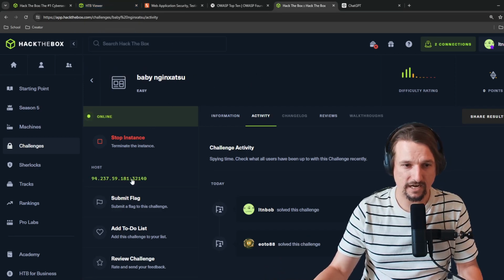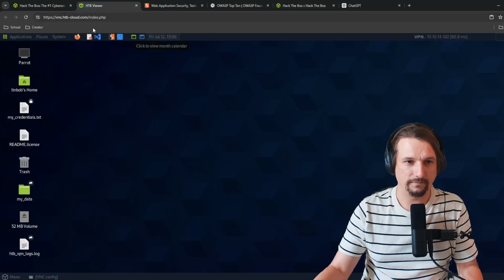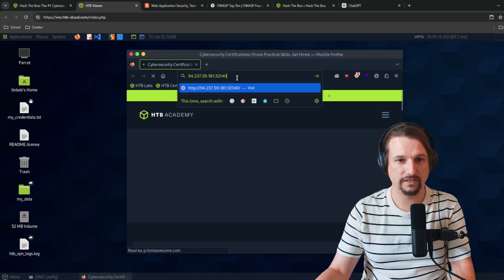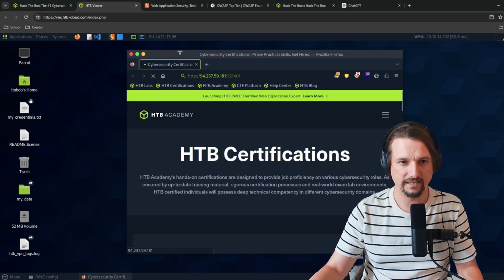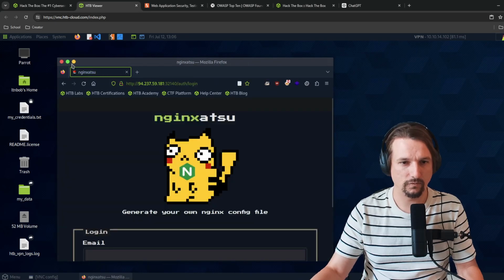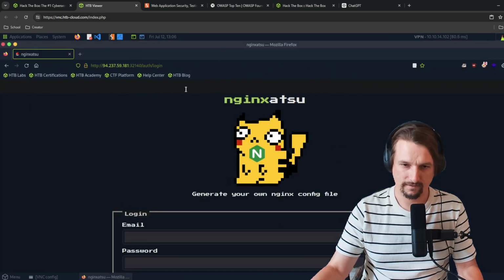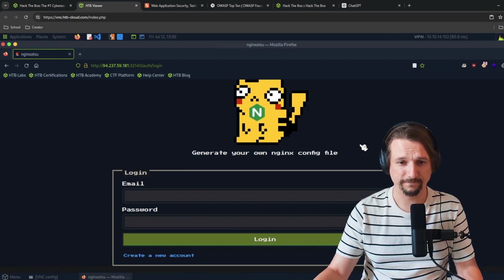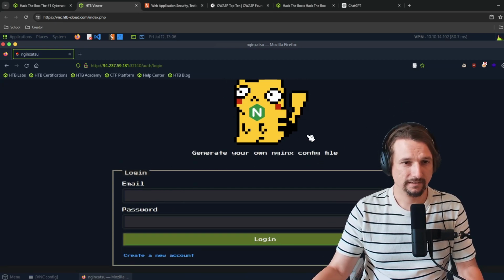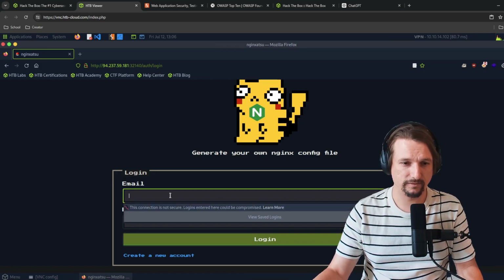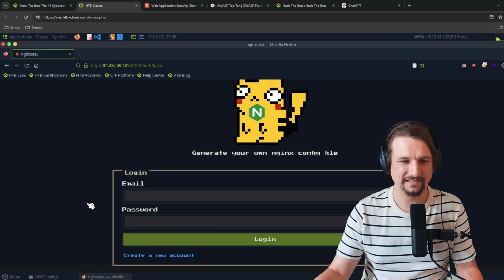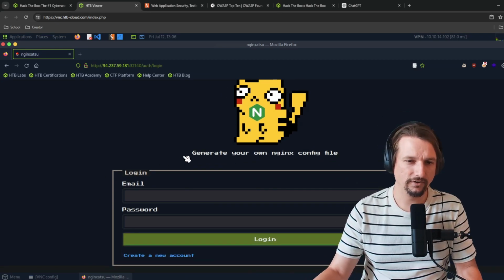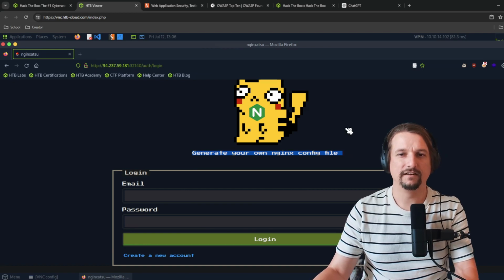So we are going to copy the IP, and like I normally do, open the browser. Since these are web challenges, we copy and paste it in and see what website it is. It looks like a different kind of Pikachu here. Shout out to Pikachu and Pokemon. I tried a few different guesses to see if I could log in, but they didn't make it that easy. We do notice that this is an NGINX